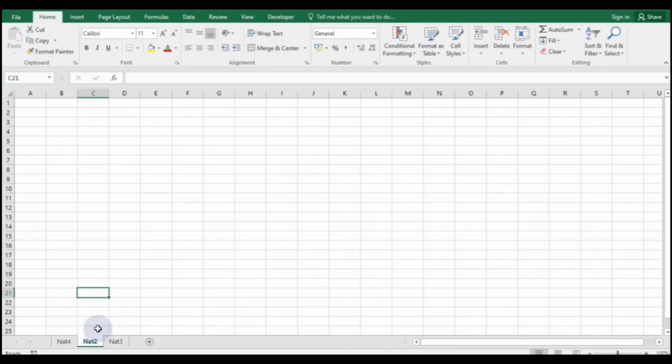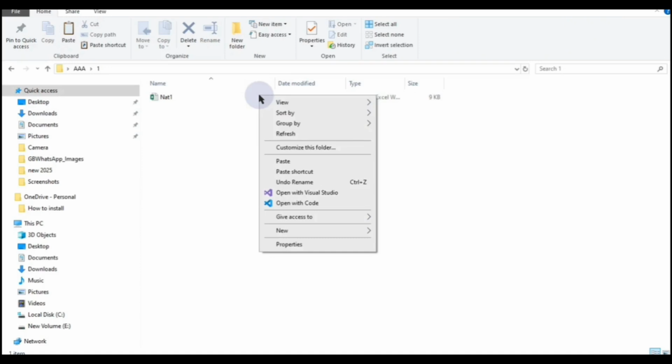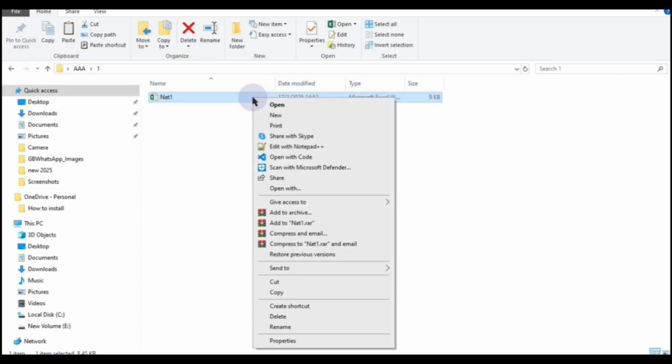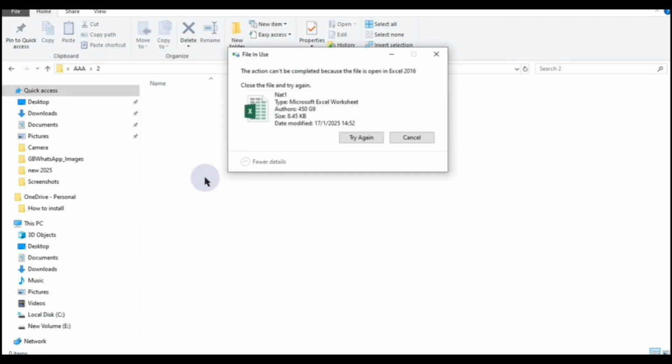Moving a workbook refers to relocating the file to a different folder or drive, often for better organization or sharing. This helps maintain file accessibility and ensures all users have the latest version. To move a workbook to another folder, right-click on the workbook file in its current location and select Cut. Then, navigate to the folder where you want to paste the file, right-click in the empty folder, and select